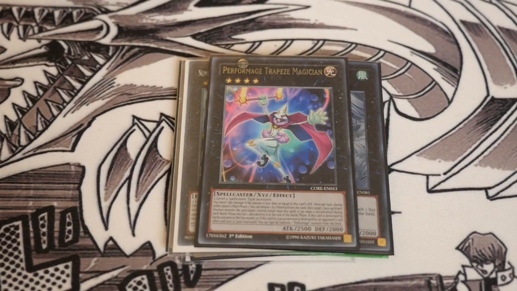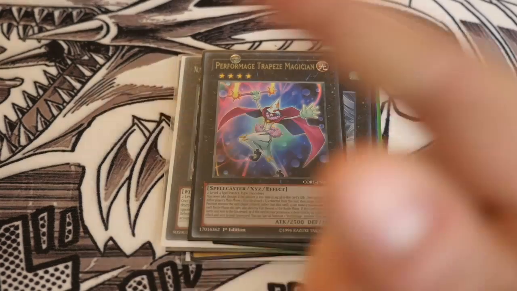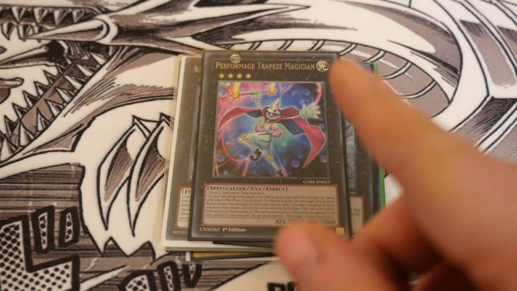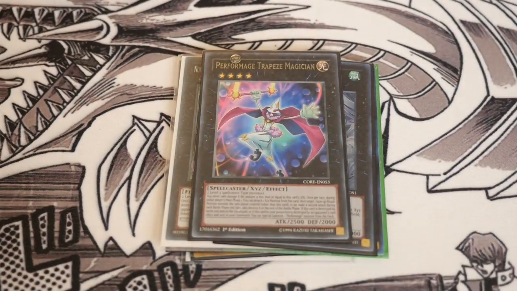So your Toon Gemini Elf and of course your Toon Masked Sorcerer are spellcasters, so you can actually make Trapeze Magician. And then if you use his effect on a Toon monster while you've got Toon Kingdom, you can attack with that and then use Toon Kingdom to protect your monsters, if I'm not mistaken, because Toon Kingdom literally just